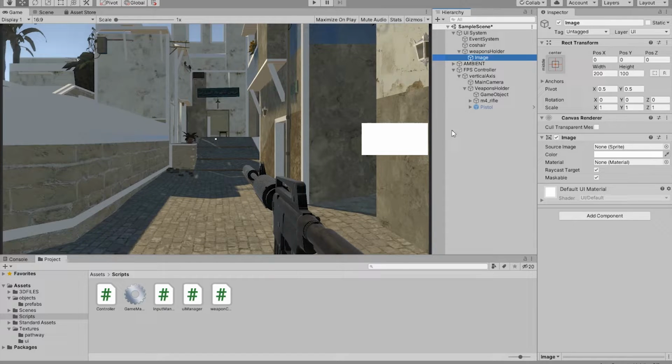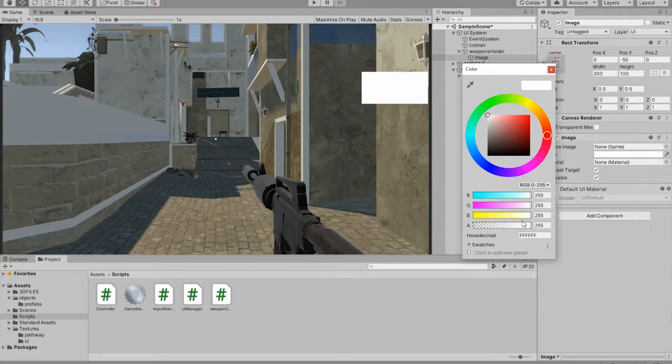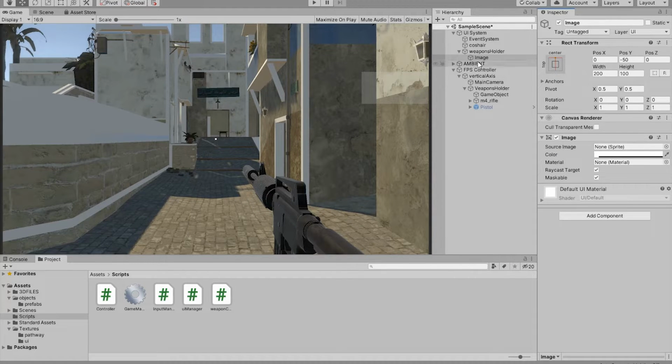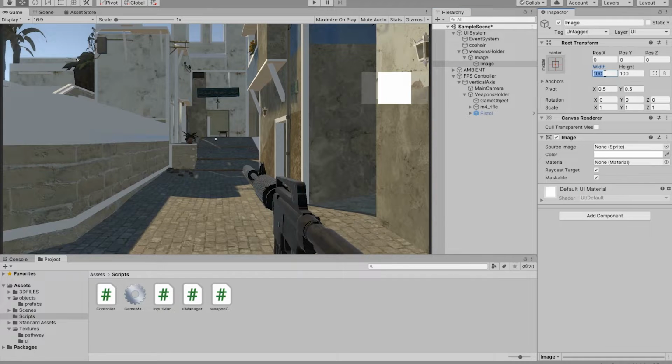Okay, now let's anchor the actual image. To do that, obviously, is almost the same. You just hold Alt and then you drag it up or down. So we're gonna drag it up, and we're gonna decrease the alpha, so we have a very slight background. Now inside that image, we're gonna create another image that is the same 200 by 100, and we're gonna drag